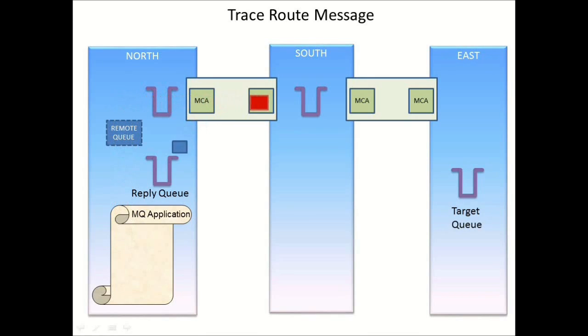These report messages tell the initial application what happened to the message. For example, was it got from a queue or sent down a channel, etc. The sending application can piece together this information to determine what happened to the message. One of the key aspects of a trace route message is that it is never put to the application queue. Clearly putting it to an application queue could cause the application problems, so the message is discarded once it arrives